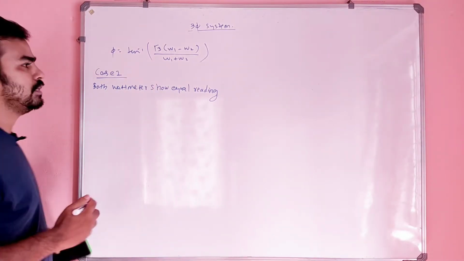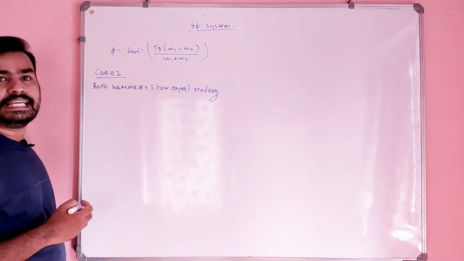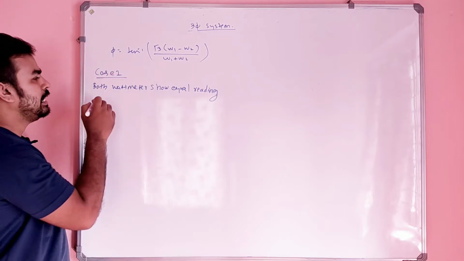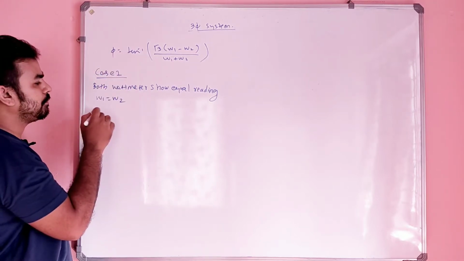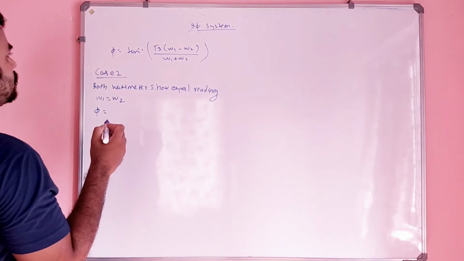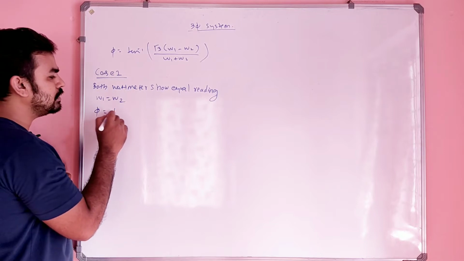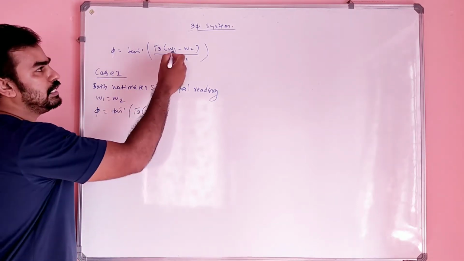What is the condition when both wattmeters show equal reading? That means if W1 equals W2, then what will be phi? Phi is tan inverse of root 3 into (W1 minus W2)